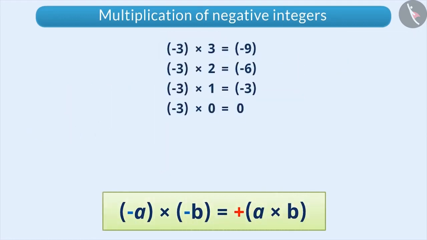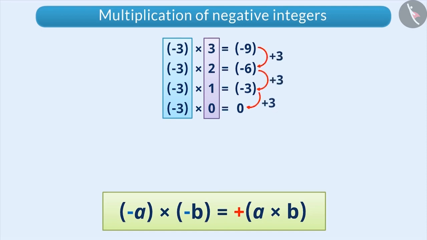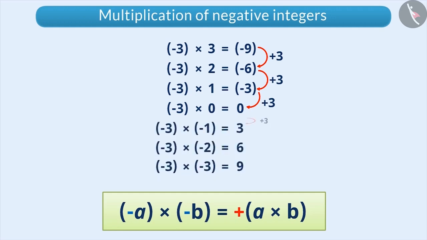You can understand it with the following pattern. As you can see here, the first number is as it is and the second number is decreased by 1, due to which the result is increasing by positive 3. By adding 3 to minus 9 gives minus 6, adding 3 to minus 6 gives minus 3, and adding 3 to minus 3 gives 0. Similarly, by adding 3 to 0 gives 3, adding 3 to 3 gives 6, and by adding 3 to 6